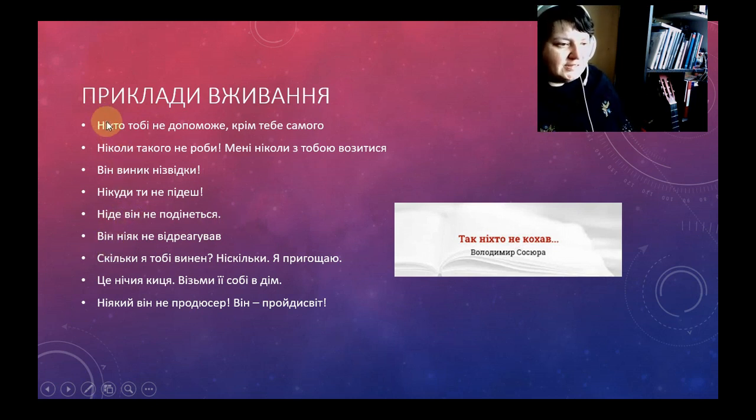So, as you see, we can use it at the beginning of the sentence, sometimes in the middle, and so before the subject or, yeah, something like this. Before, after the pronoun, and after the subject, of course, we can use it too. Like in this sentence, він ніяк не відреагував. He didn't react, just like that. Or he didn't react in any manner. So, something like that.